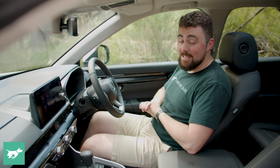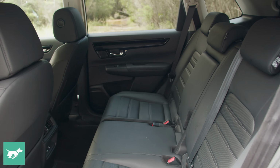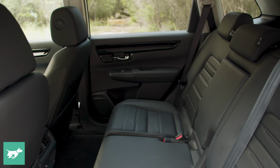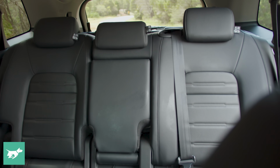So starting out pretty good in the front seat of the CR-V, let's see what the second and third rows are like. Jumping into the back seat now, you can see I have an absolutely huge amount of room. Heaps of knee room, heaps of toe room, and just room to actually move around if you're doing a long road trip. I'm 6 foot tall, so that's not something I can say for every model though. As far as headroom, look, it's a little bit close. You know, if you're 6'2", you're probably not gonna have a great time back here, but I think it's serviceable